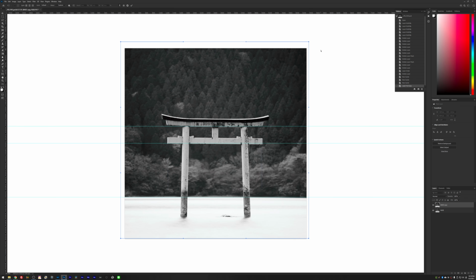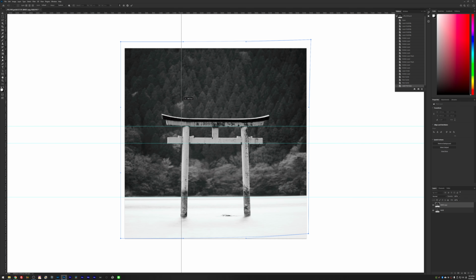But in this case, I want to do something really subtle, which is just bringing up this part of the gate so it's completely symmetric with the other side. So a really easy way to do that is just to hold Shift and then click on this border here on this corner and bring it up until this line is almost perfectly aligned. And on the same way, I can go here, hold Shift, and bring this part a little bit up. Not too much, just a little bit, so this main line here is straight enough for the eye not to feel it's weird.